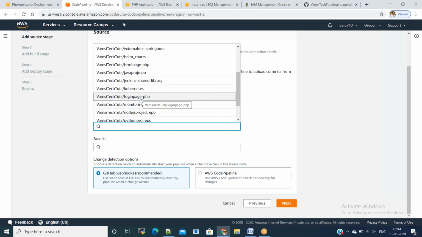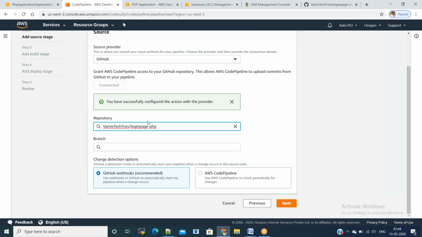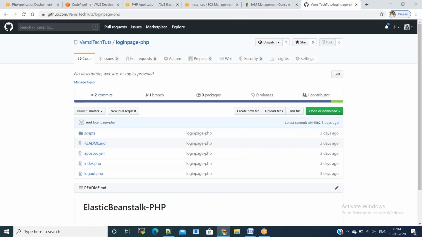My repository name is login page-php and the branch is master. Done. You need to make sure you log into GitHub, only then AWS will get all your repositories.